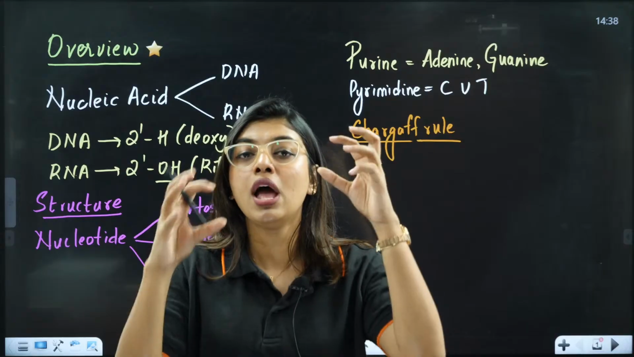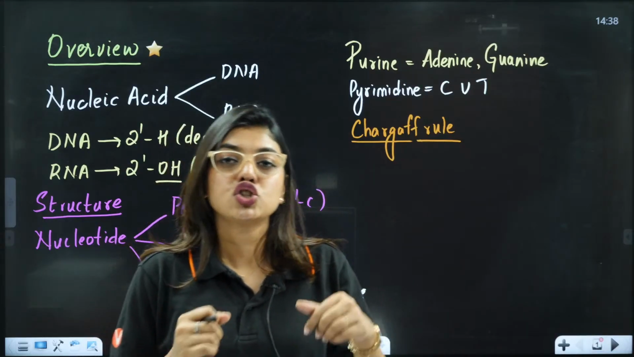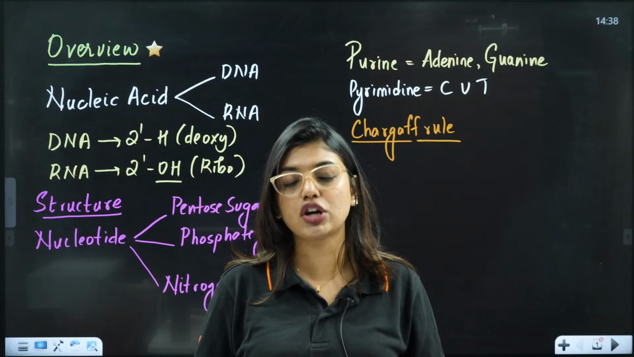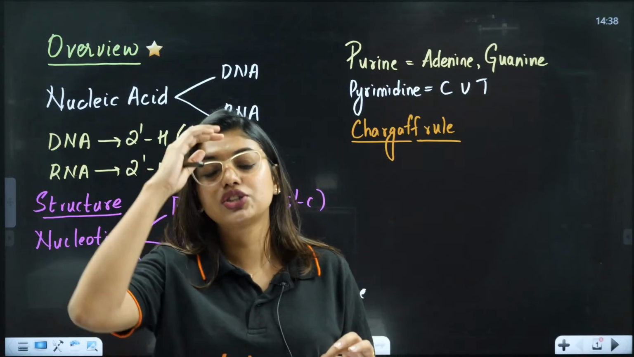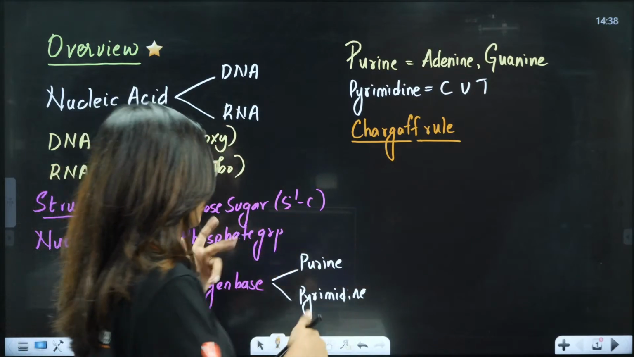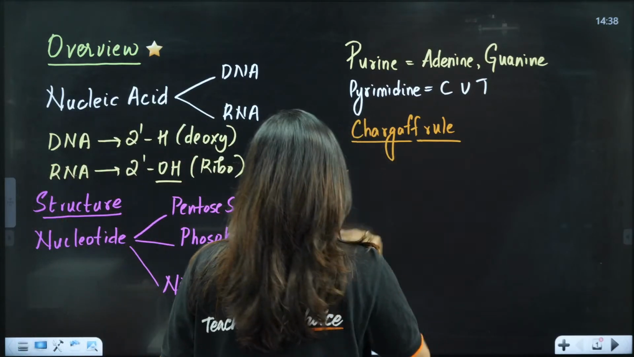How did they get to know? By doing X-ray diffraction. So by doing X-ray diffraction, they understood that yes, DNA is a double helical structure, and that double helical structure's salient features is what you people study. So just remember that. Okay, Chargaff's rule accordingly, students,